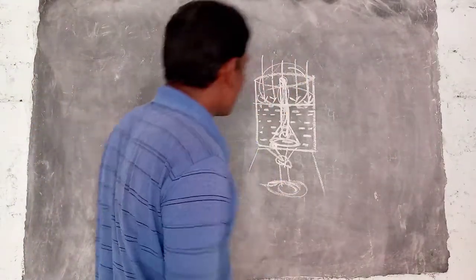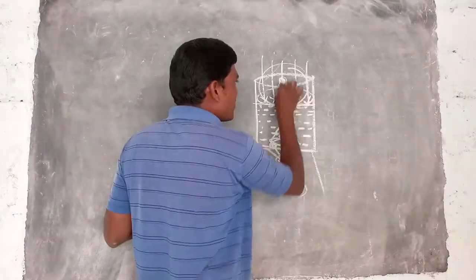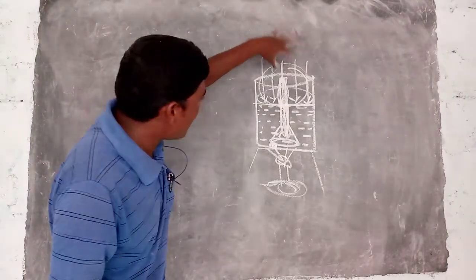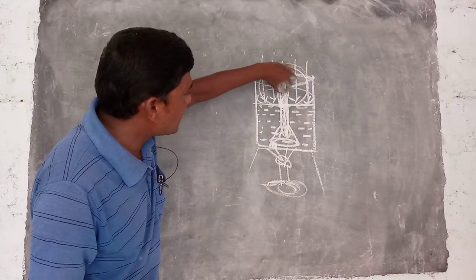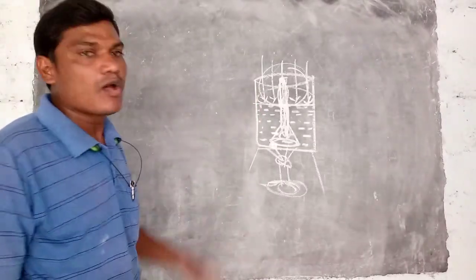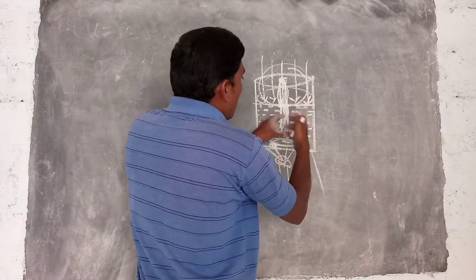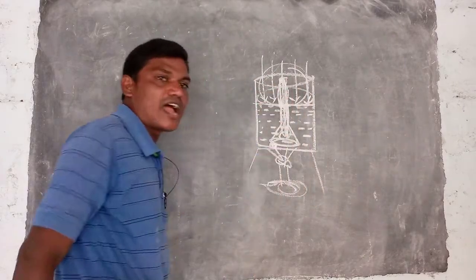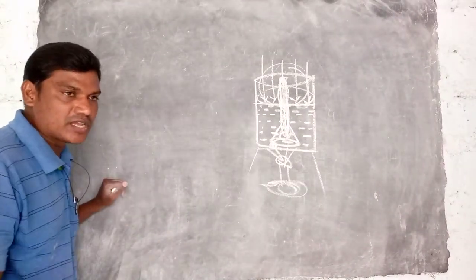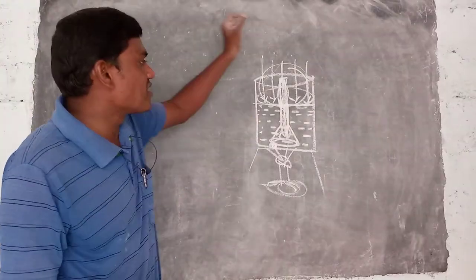Due to the capillarity property, the water rises up to a certain height in the funnel and above this part there is air. That's why the atmospheric air and the air present in the funnel both exert pressure on the surface of the water inside the funnel. So when compared to the surface of the water in the beaker, slightly more pressure is acting here. I explained clearly in the previous videos the effects of pressure on boiling: when the pressure increases, the boiling point also increases.